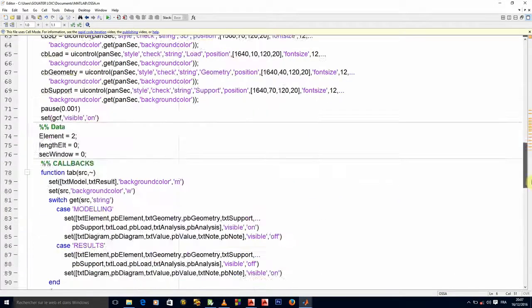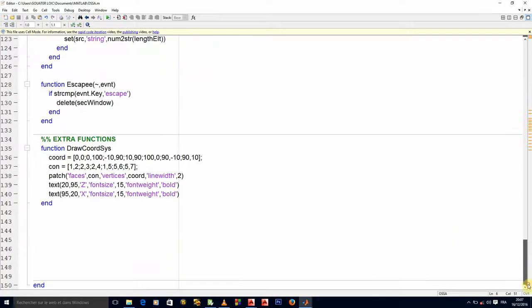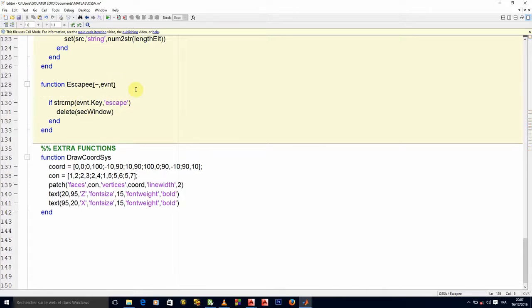I said I will explain what is happening in the key press function. So let's come here to the key press function. So listen, this function is a function that executes itself whenever I press a key. No matter the key, it will come and check this function to see whether something has to happen. So I said we have 3 fields.